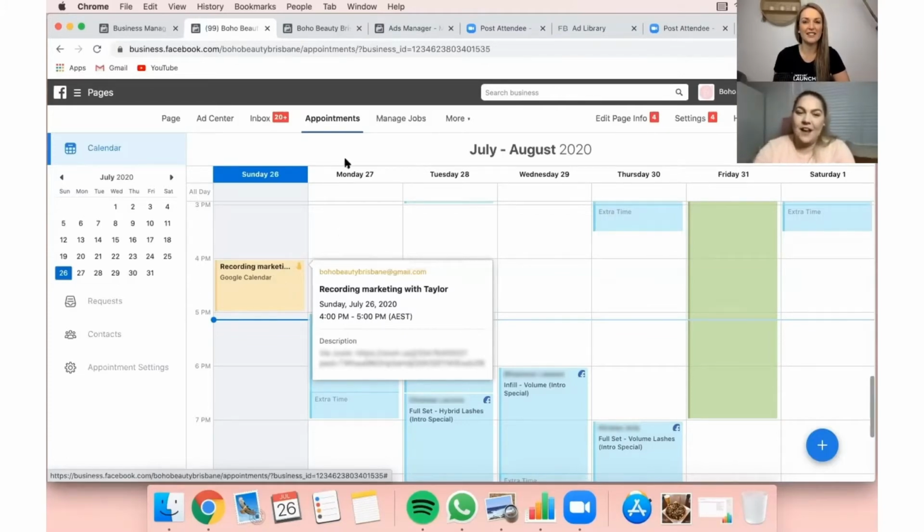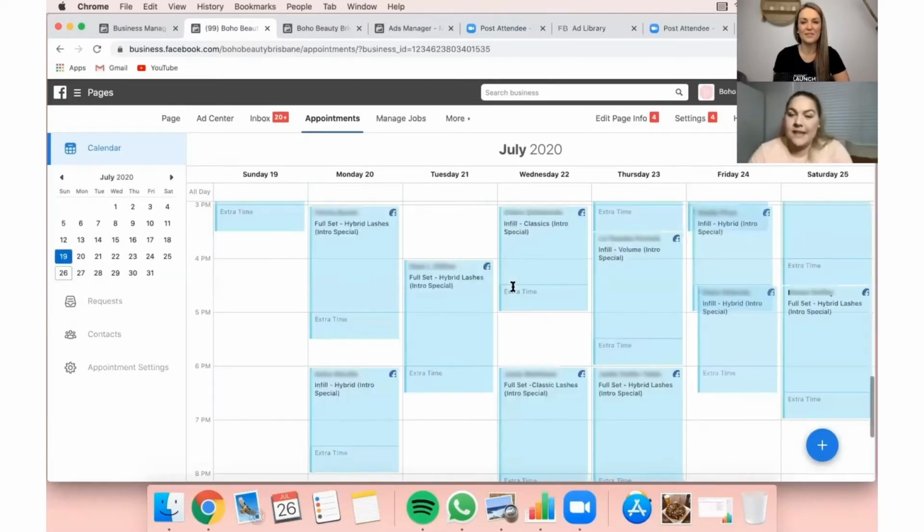Here's the crazy thing. I currently don't have my bookings open to people to book themselves. So I personally, at this point in time, book clients in myself. You can see here there's a little blue line with extra time. Because I was quite new to the job, I wanted to make sure I was giving myself sufficient time to look after people. See how I've given myself from 3:30 through till 5:30. So 2 hours. Yeah, 2 hours. But then I've also allocated an extra 30 minutes in there.